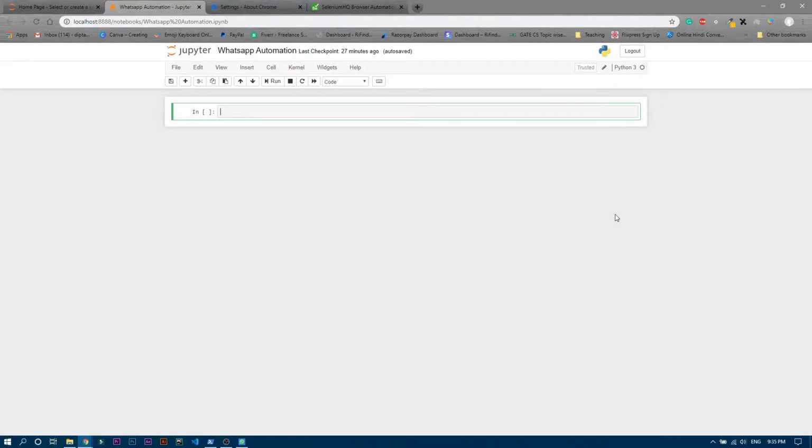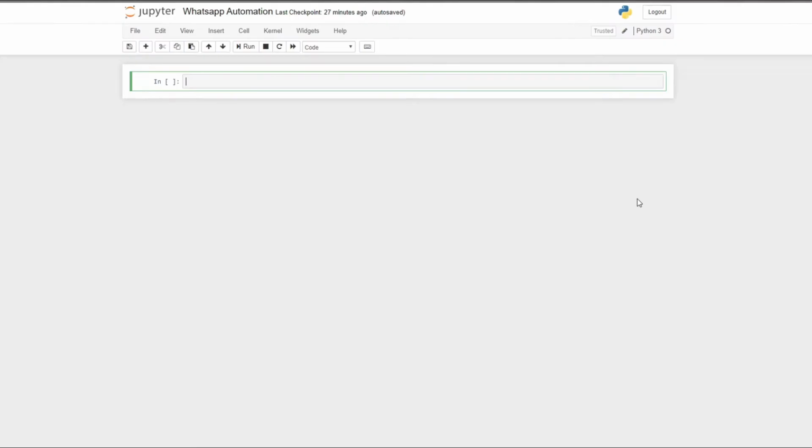So guys, now it's time to start our automation. Obviously, first of all, we need WebDriver from Selenium, right? Some of you may have a doubt: why do we need WebDrivers? WebDrivers are used to open that particular browser. Since we are using this Chrome WebDriver, whenever we run that WebDriver, it will open that particular browser. So let me just import WebDriver from Selenium.